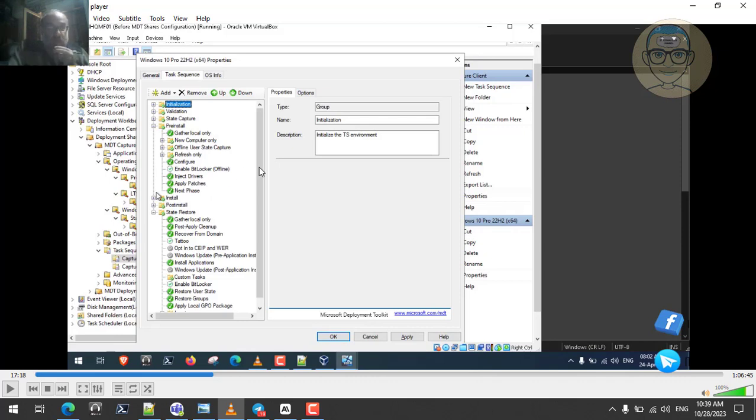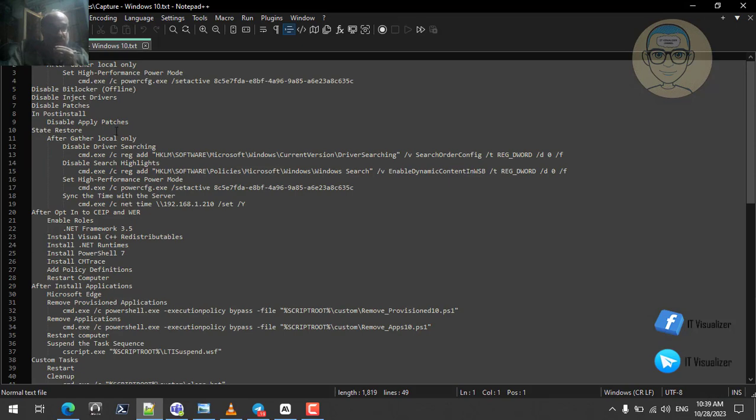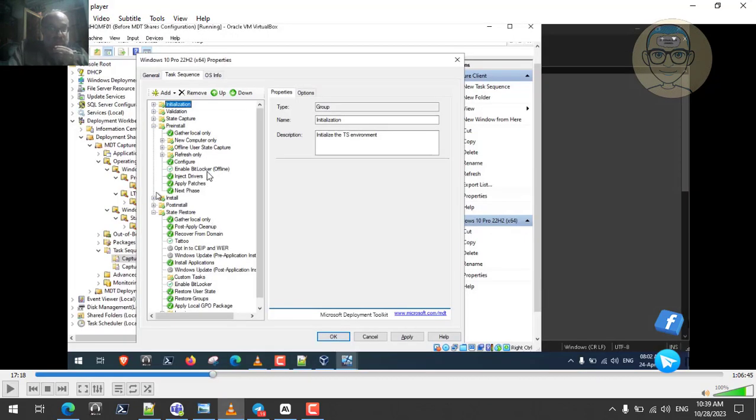So today we will configure these steps. These are blank steps. This is a template that doesn't have any configuration. So we will configure these steps. We will configure this task to capture Windows 10. And how to configure that, Daniel brother had given us these steps. So these are the steps that we will configure in this standard client